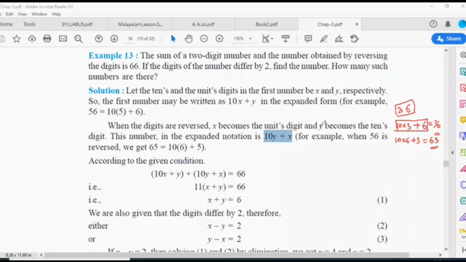So if you take the digits as x and y, we cannot write it like xy, there's some problem, not x into y. So you got this idea: the number is 10x plus y, the reverse is 10y plus x. And the first equation is, if you add the number and its reverse, you will get 66. So you will get one equation. And the other equation given is that the difference of the digits is 2, so y minus x is equal to 2. So these two are the given equations. From these two, you can solve very simply. If you add, the x terms will be cancelled. If you subtract, there's another chance the y terms can be cancelled.